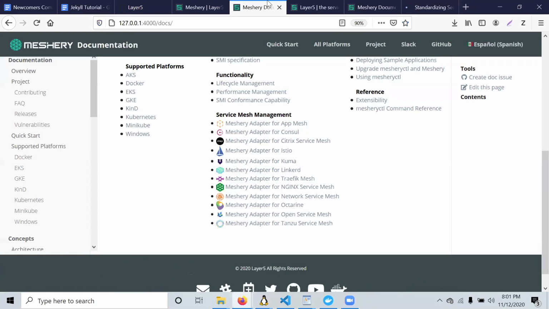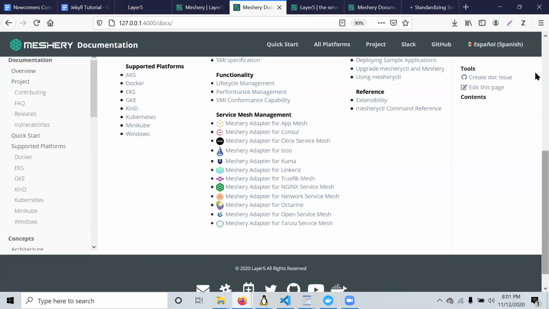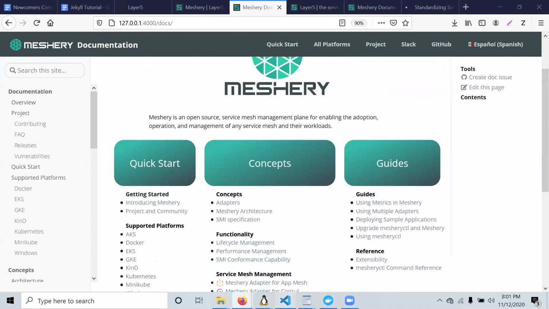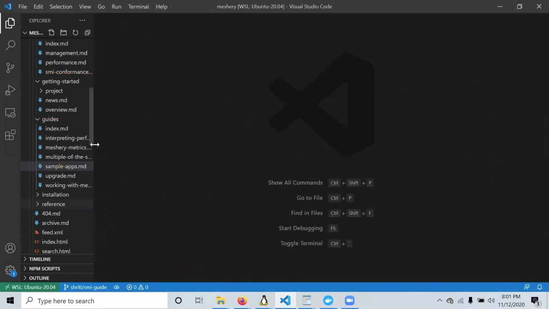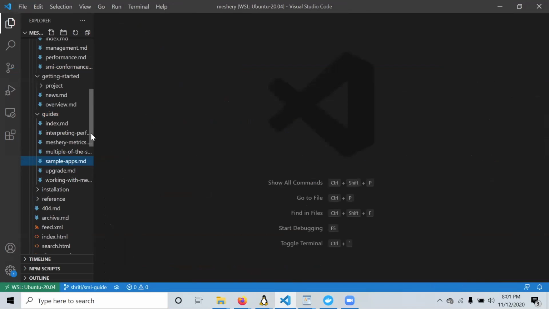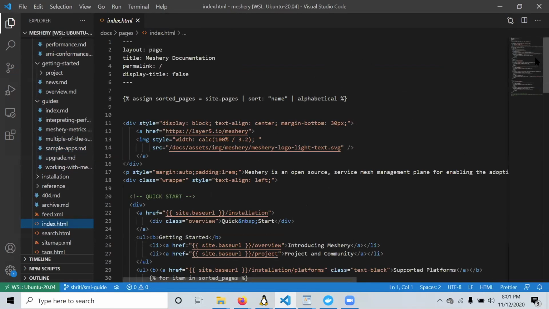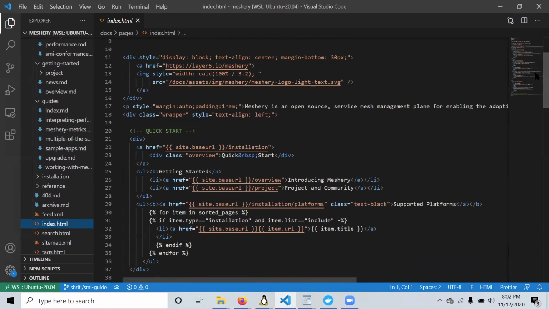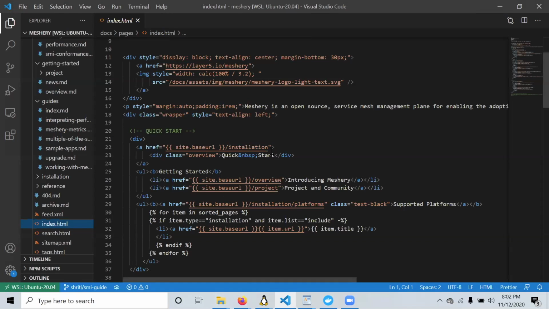So let's make some obvious change that you'll be able to see in the regeneration. For example, let's change the wording on the overview page. If we decide to not call it quick start anymore, let's name it something else.